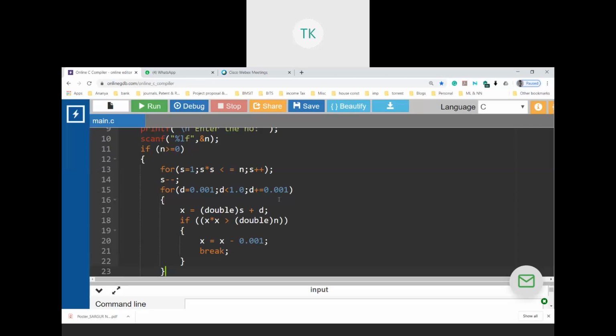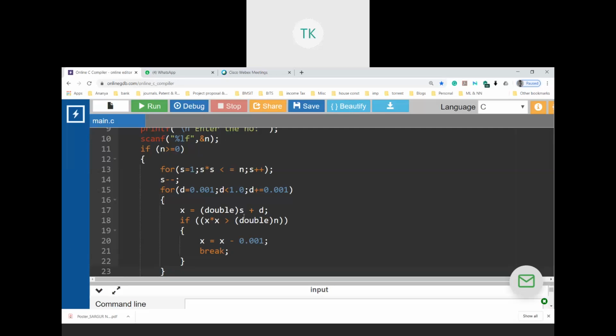As we just discussed, the square root of any number between 25 and 35 would be 5 point something, and that something is obviously less than 1. I hope that you all have understood that.